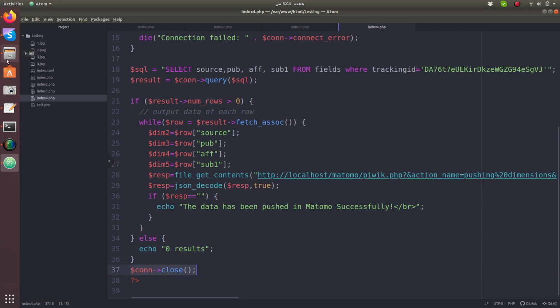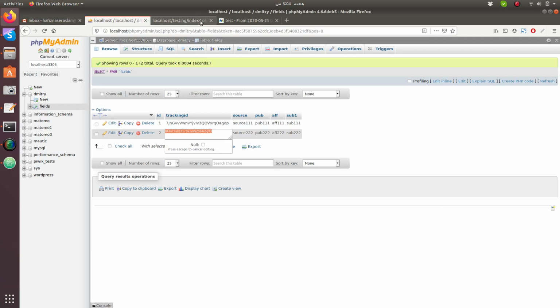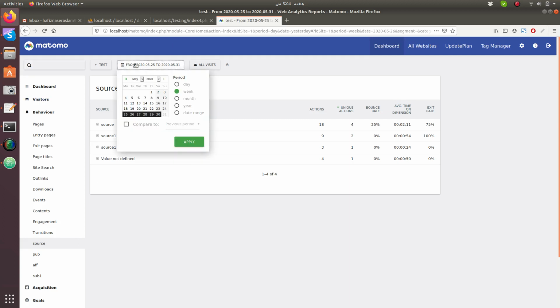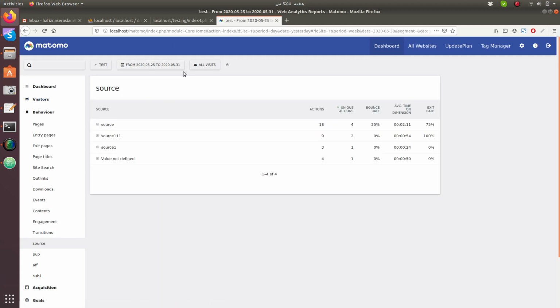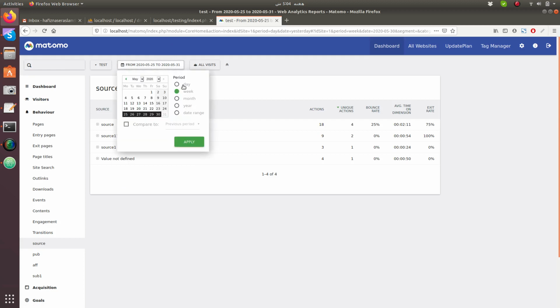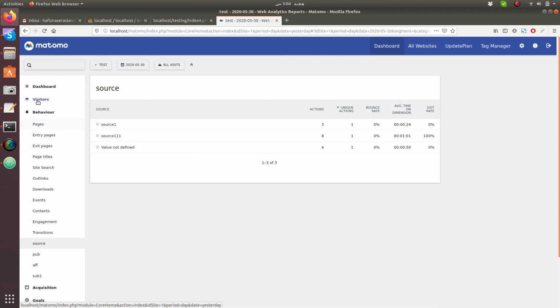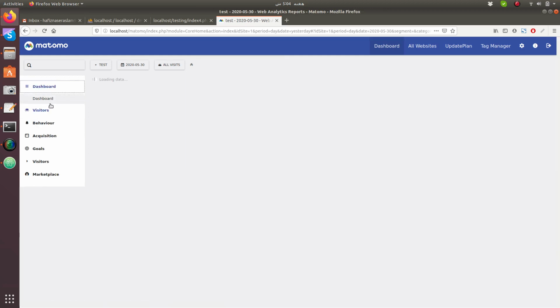Let me show you on the browser. If I run this file, the data has been pushed to Matomo successfully. Let me show you from Matomo. On Matomo, let me select the date for today and go over the dashboard.